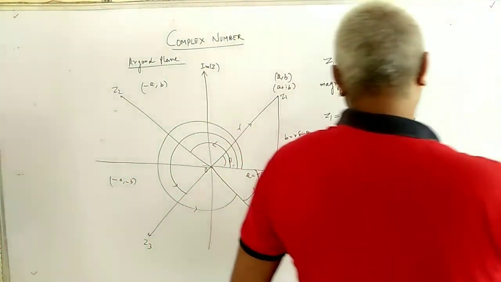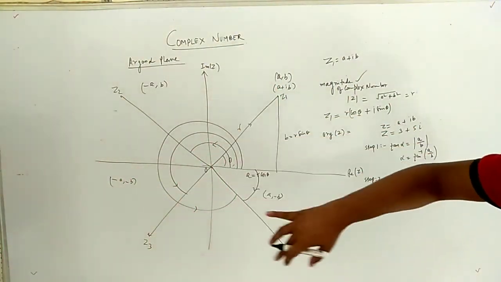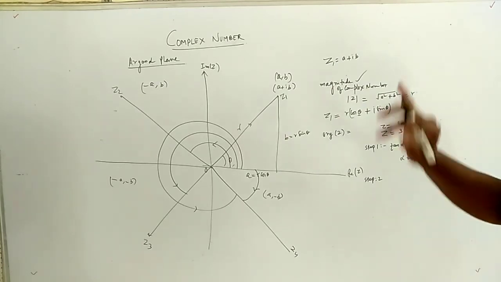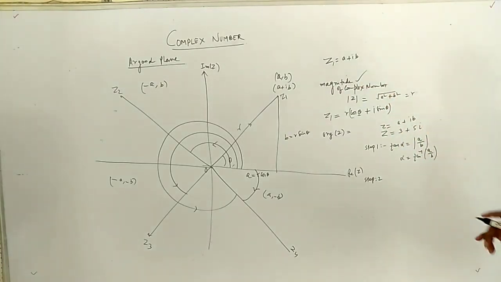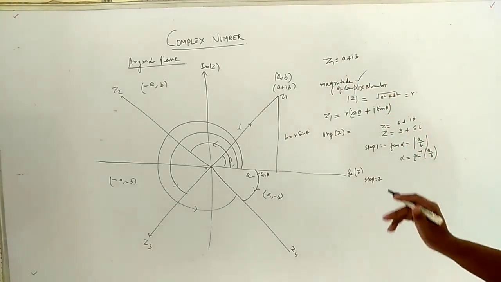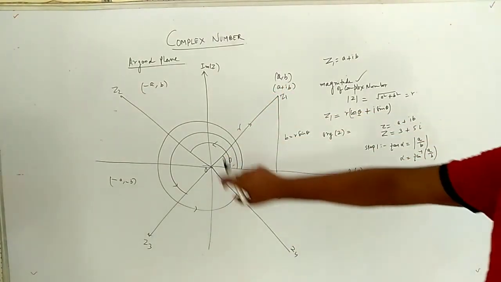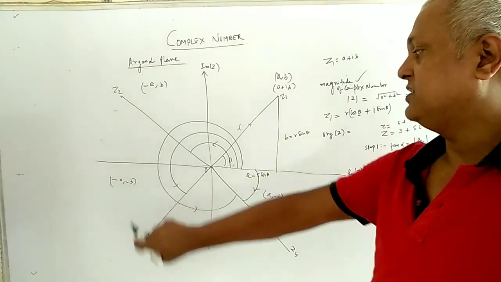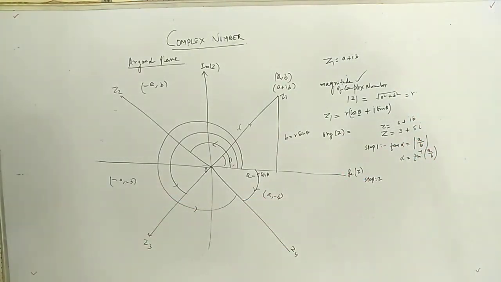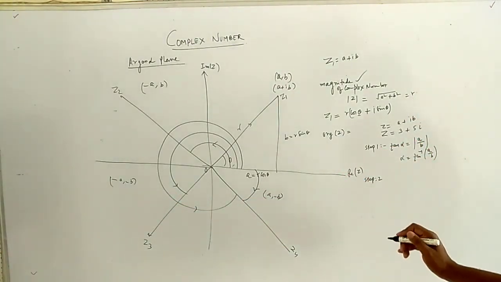So in this condition you have to check in which quadrant the given complex number belongs. You can find four situations: either the complex number is in the first quadrant, or the second, or the third, or the fourth quadrant. If it is in the first quadrant,